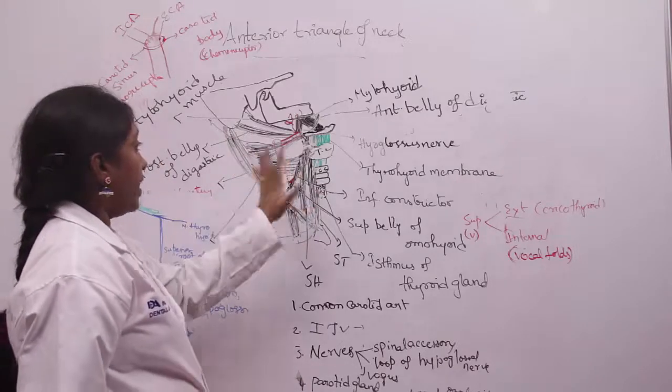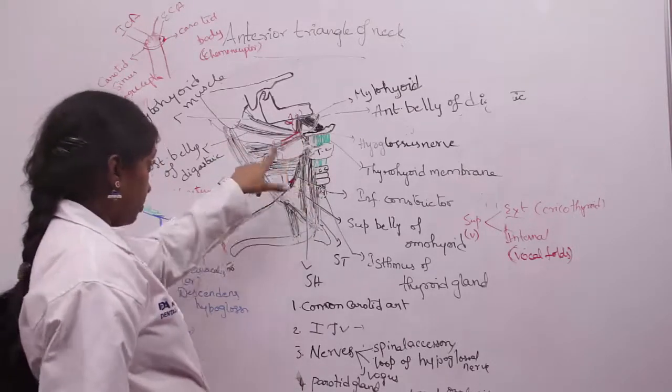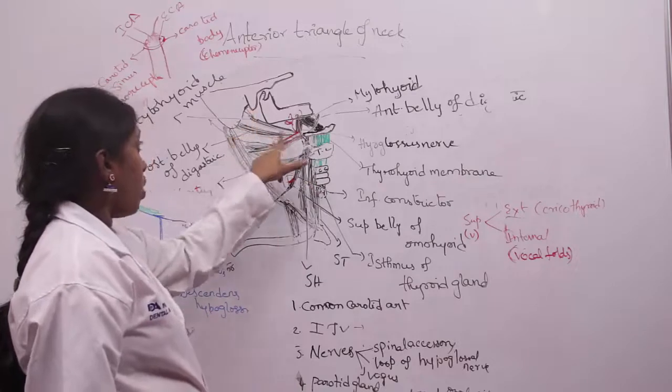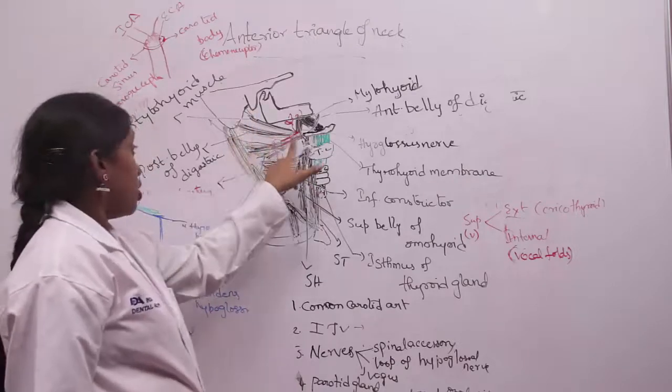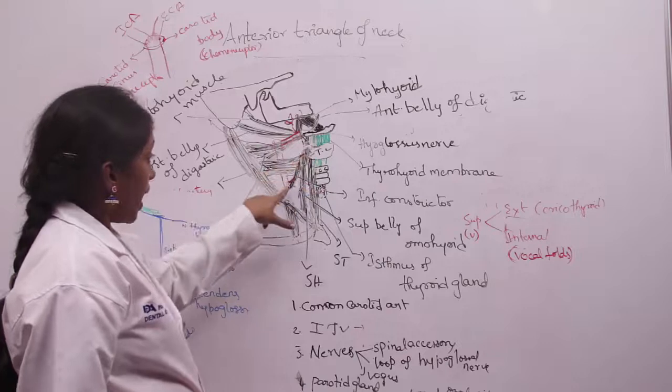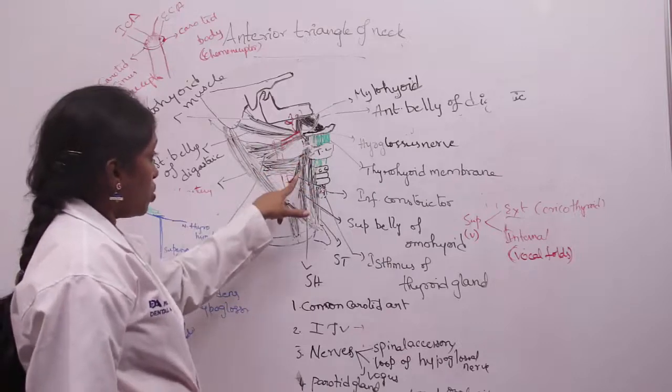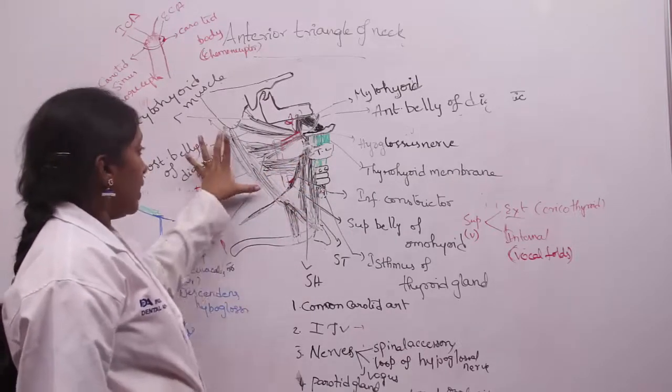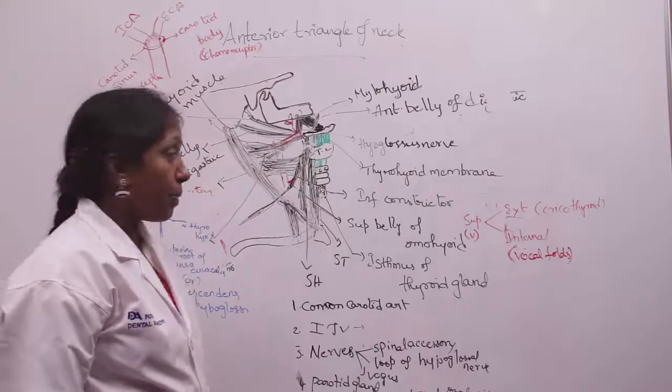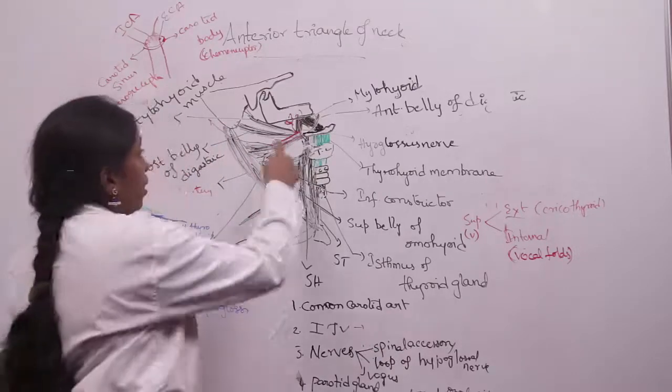So the carotid triangle, in front and above, is formed by the stylohyoid muscle and the posterior belly of digastric. In front and below, it is formed by the superior belly of omohyoid. Posteriorly, it is formed by the anterior border of sternocleidomastoid. The floor is formed by hyoglossus,